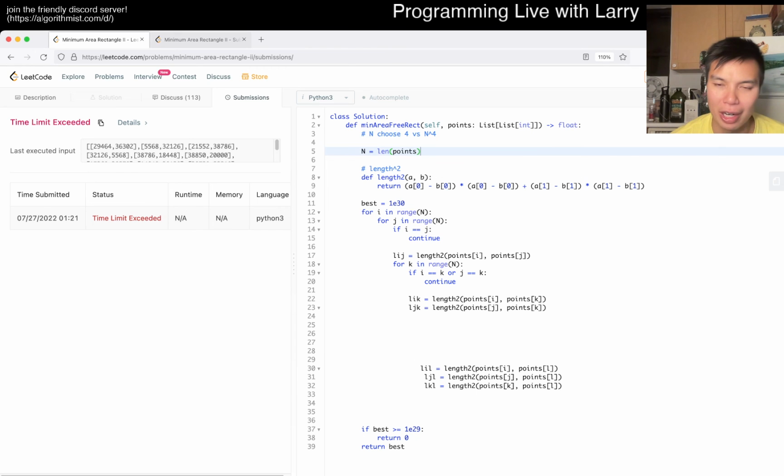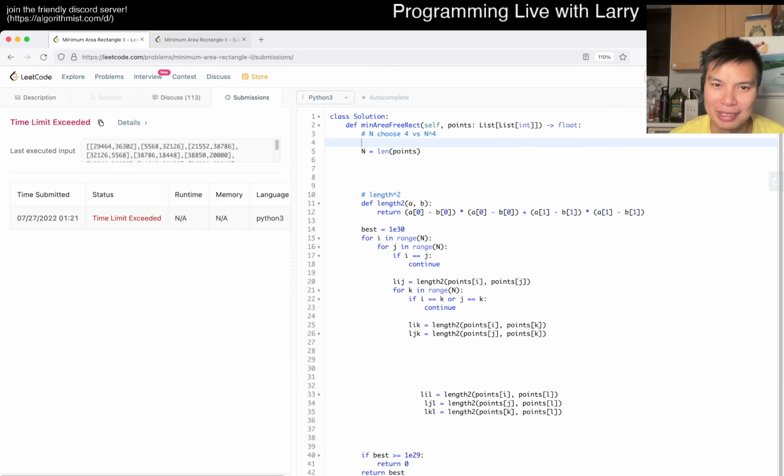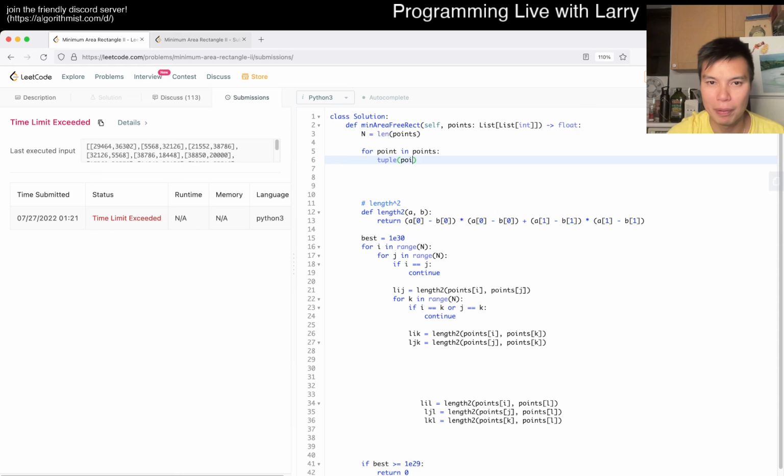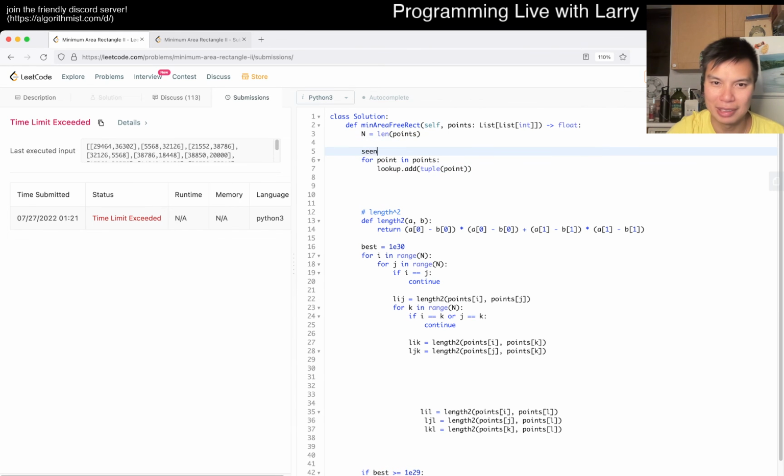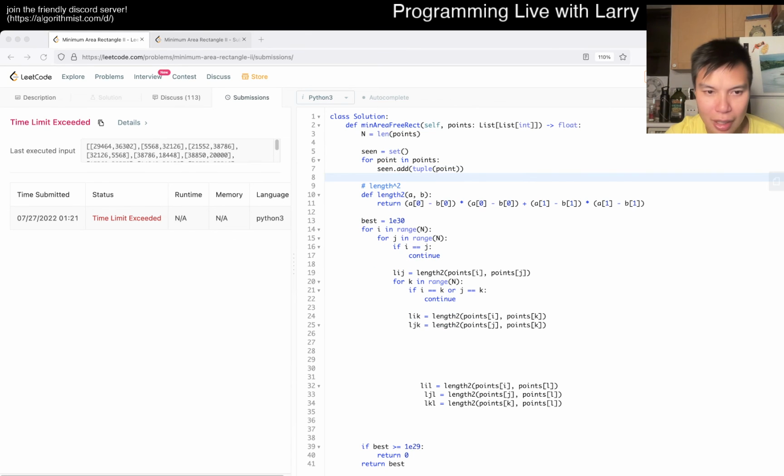Oh, and we have to do the lookup. I forgot to do the lookup because I've been a little bit switching from before. But yeah, why not? So okay. So for point in points, tuple of point, right? That's fine. Lookup dot add. Or maybe scene is better. We just want to set. That's what I'm trying to say. Okay, so now we have a scene, and then now we can just say, okay,